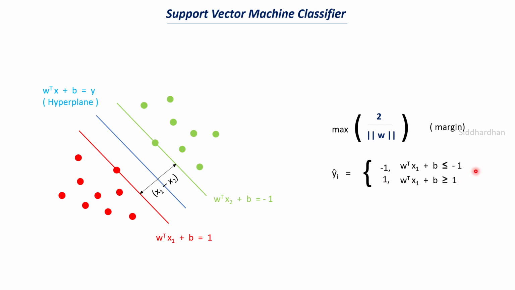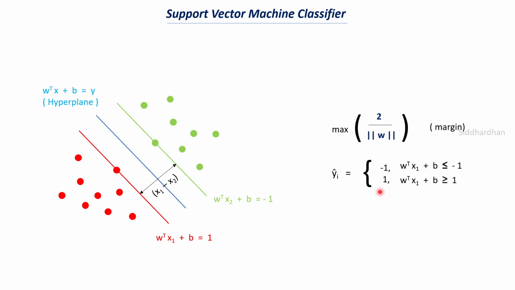You will get any values, but we will try to see whether it is a negative value or a positive value, and minus 1 and 1 are your labels. So this is the math behind it. We need to increase this margin so that we can get a prediction of whether it belongs to class 1 where the label is minus 1, or class 2 where the label is plus 1. We have seen all these things before, right?